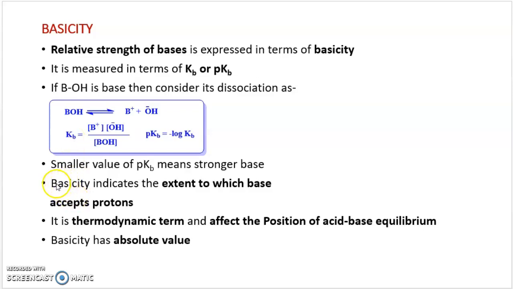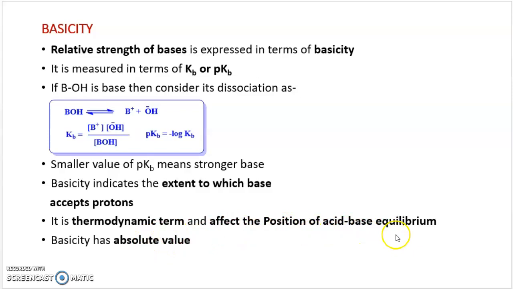So what is basicity? Basicity indicates the extent to which a base accepts a proton. What does a base do? A base accepts the proton from the acid. So this is the tendency of a base, and how strong this tendency is, is determined by basicity, Kb or pKb. If the value of pKb is less, then we can say that the base is strong. It is a thermodynamic term,